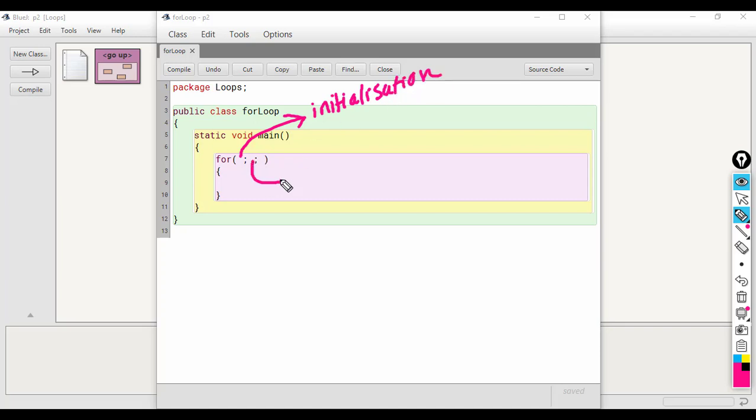Second part represents the condition, and the third part represents the update of the control variable. So what is control variable? Control variable is a variable which keeps track of the number of executions of the loop.